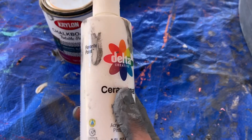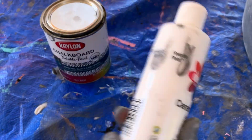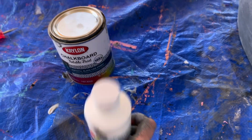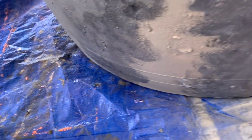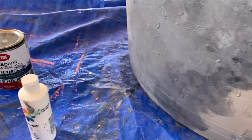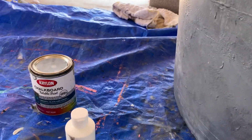Anyways, I knew it wouldn't have enough of this, so I added some of that just to stretch out the amount of the stuff that I had. That's what ended up being in this little jar here. I just mixed them both together. And that really helped a lot because this white paint was much more opaque, and that's what's given me this